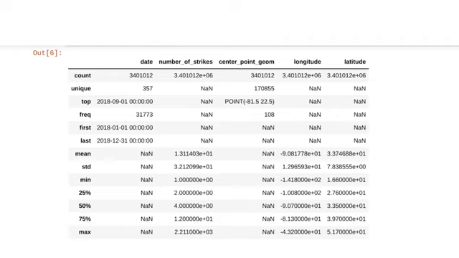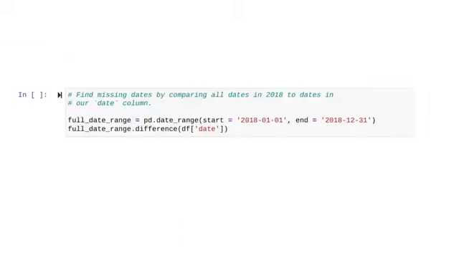Speaking of dates, let's double check our date column. First, are there any calendar days missing? We know from prior EDA work on this data set that the date column should include every day of each year. Let's confirm each day is listed by designing a calendar index. We'll call it full_date_range.